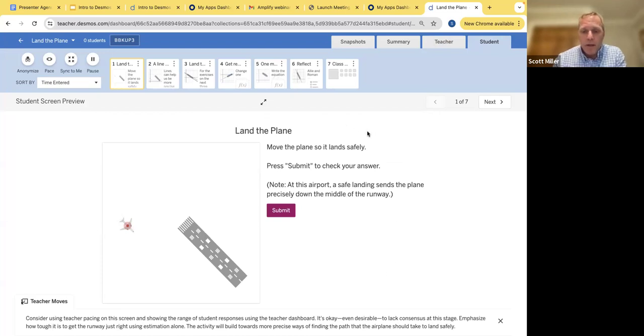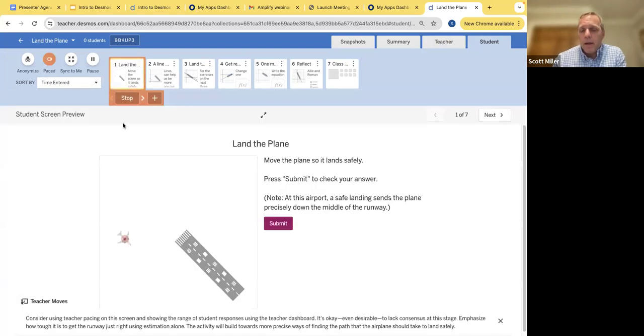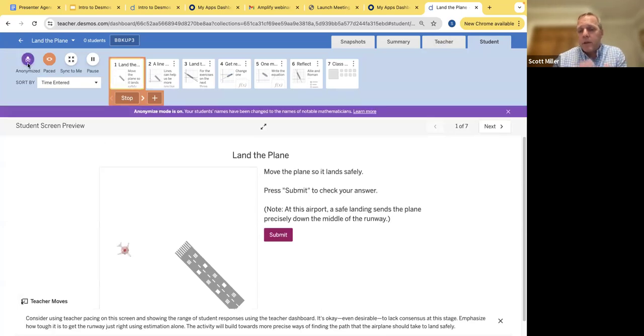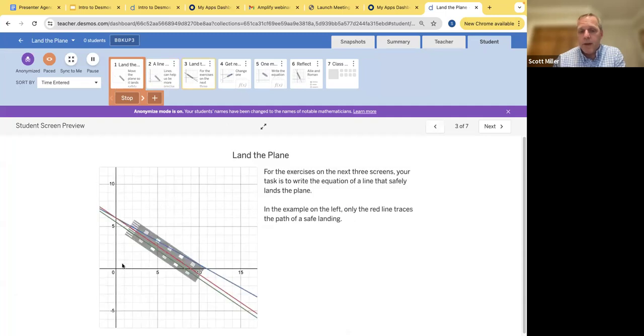So for this one, it is pacing to this screen only. So it would be pacing just to that one, having students work through that particular screen, and then adding the next ones beyond that. So that's one way: each screen has teacher moves of what's going on and what student sample responses would be. Now, if you're someone who likes to have it all written out,